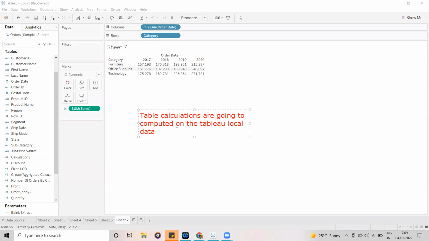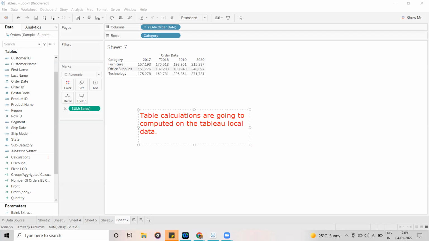What does local data mean here? The local data is nothing but the data which is currently present in the visualization. You can observe this is the data currently present in our visualization.